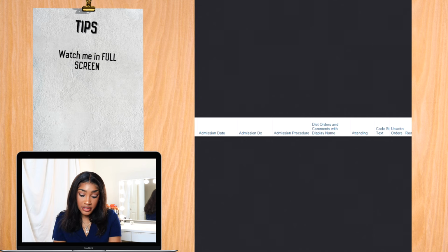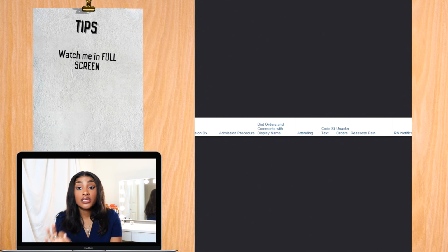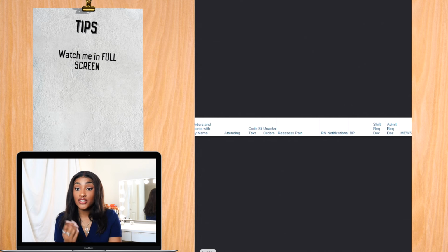The diet orders and comments with display name. I can't remember what it looks like. But anyways, knowing the diet is super good. I love Epic because if somebody's on a regular diet and then they'll say to be NPO at midnight, that'll be in this column too. Super cool. Their attending doctor also, because you want to know if they're hospitalist or if they're with the surgeon,